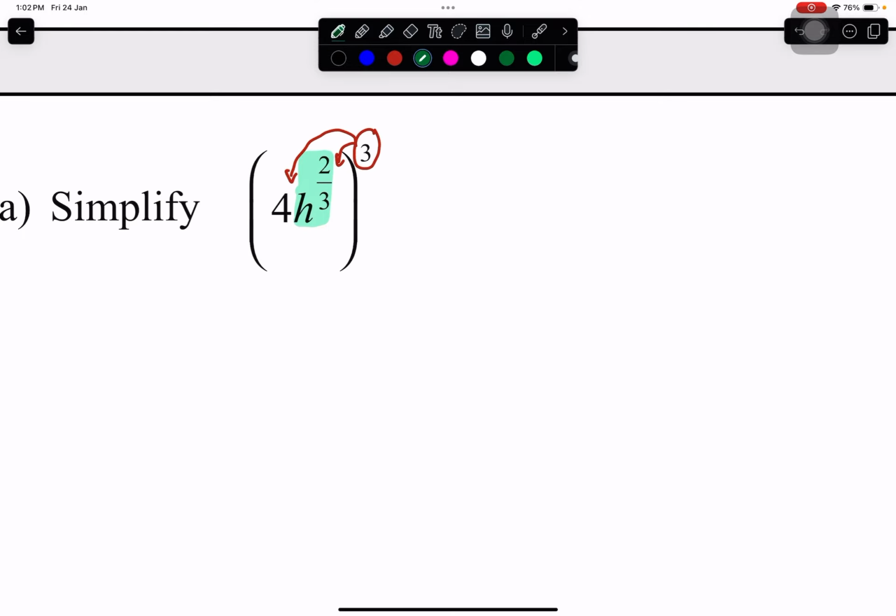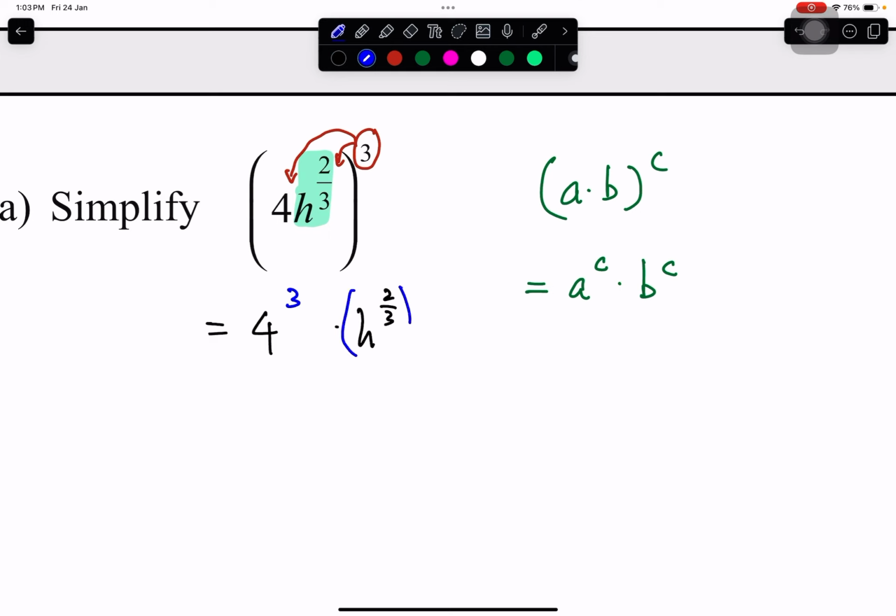So for the formula saying it's a times b to the power of c, you will have a to the power of c times b to the power of c. The c power has to be applied to both the a and the b. So you will have 4 to the power of 3 times h to the 2 over 3. Of course, there's a power of the power, so we put a bracket for them and put a 3 outside. 4 to the power of 3 is 4 times 4, which is 16. 16 times 4 is